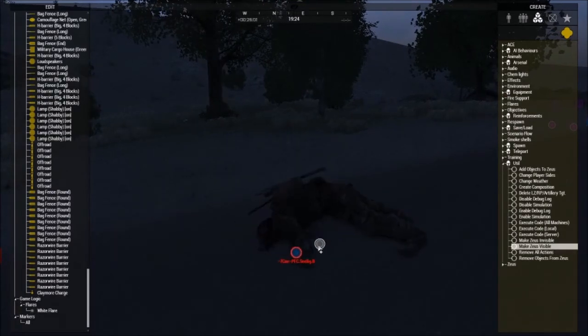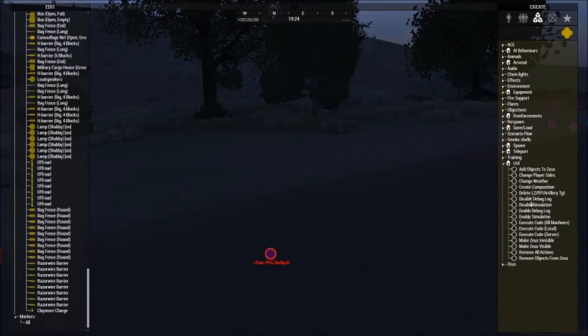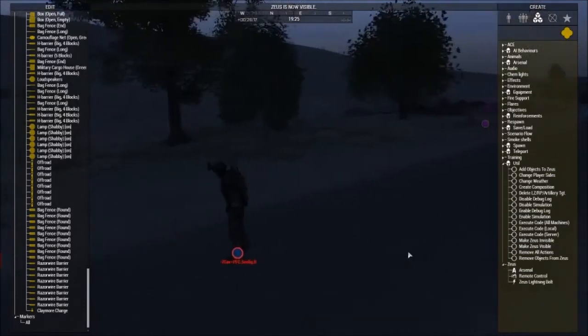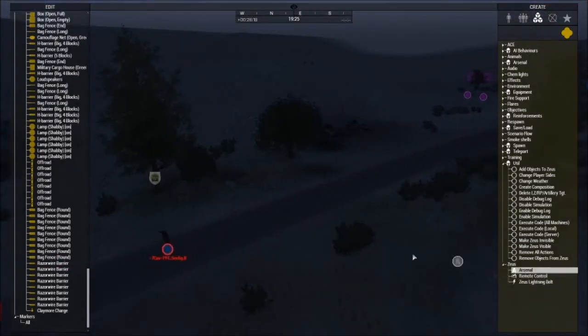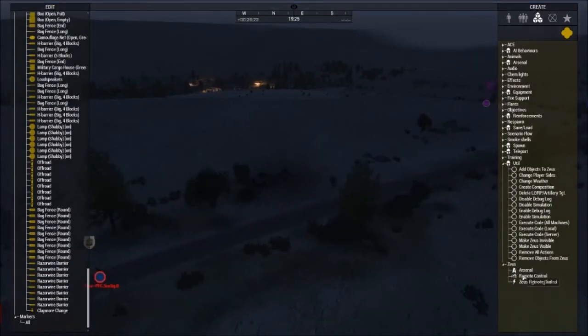Utility is what you can do. You can make myself invisible. You can change my player size. You can add objects. You can remove all objects. Remove objects from Zeus. I don't have any powers. Make myself visible again. And the fun stuff is, okay, don't know what that does. Anyway,